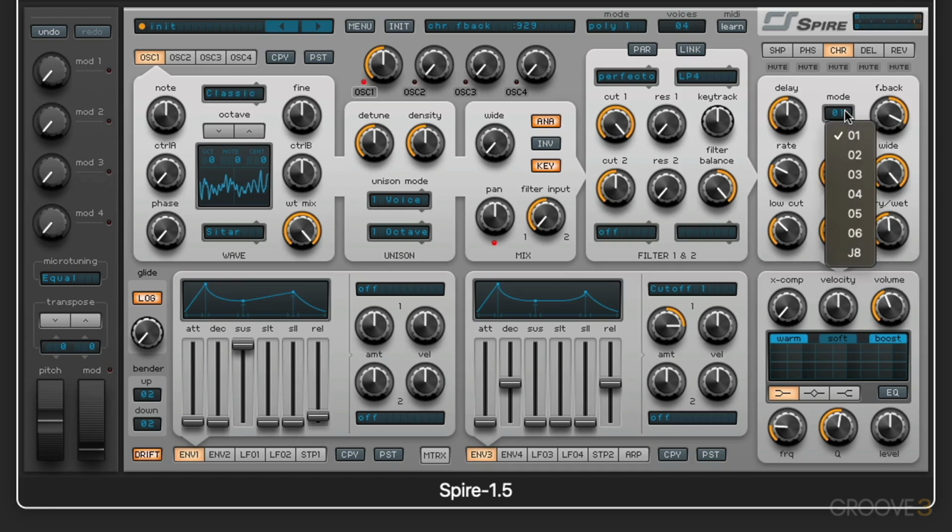And we have 2 to 6 different kinds of chorus versions. And then the J8 is similar to the sound of the chorus in a JP8000. Now the parameters we have for this are going to be the delay time, the feedback amount, the rate control, depth,